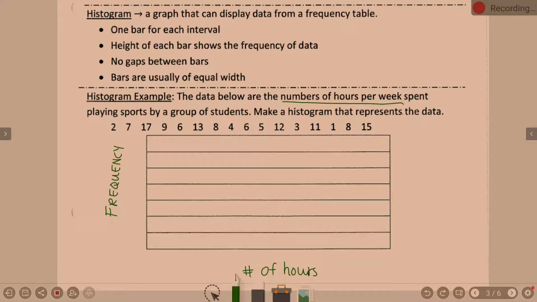Now, like last time, we have to get this data organized. Okay, what's our low and high here? The low is 1, the high is 17. Do I agree? Obviously, the low is 1. I don't see anything higher than 17. So, as we think about 1 to 17,